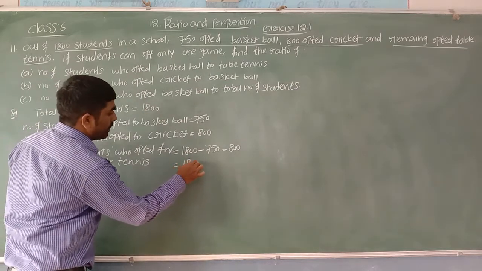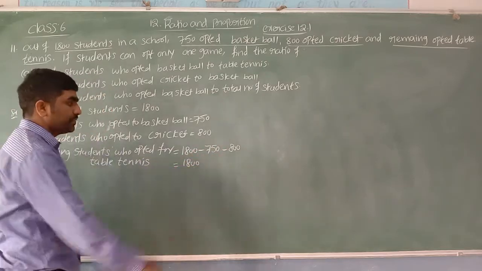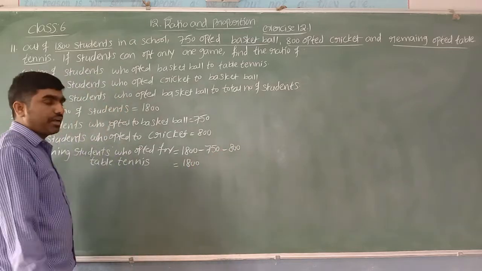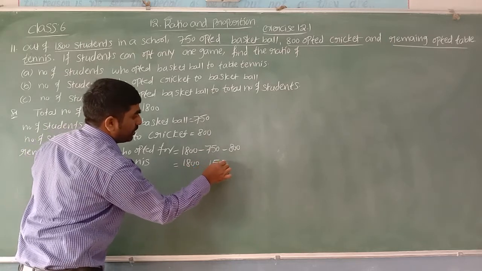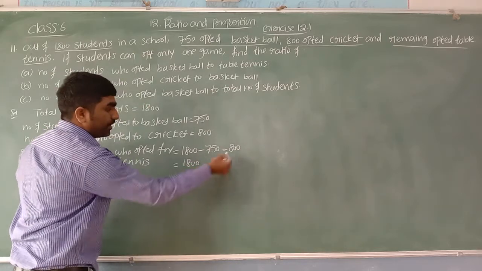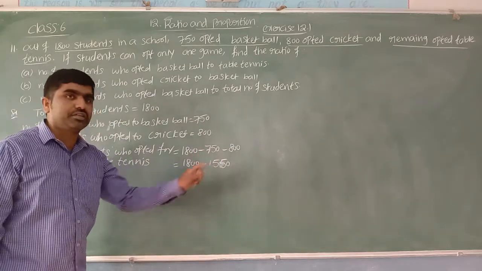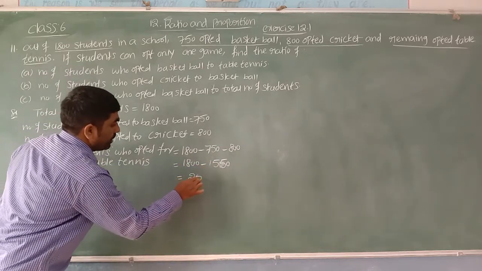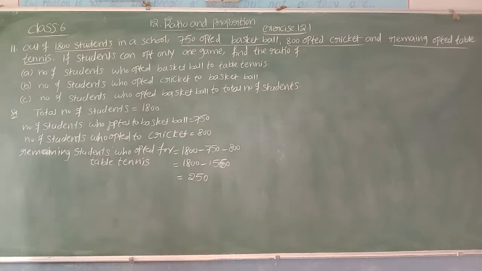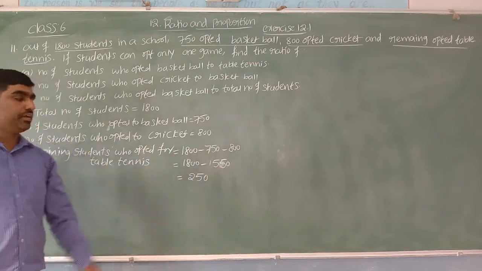You can see 1800. We learned that with the minus symbol, first add. 750 plus 800, 800 plus 700 is 1500, plus 50 is 1550. Write the bigger number before the symbol. Now subtract 1800 minus 1550. 1800 minus 1500 is 300. From 300 subtract 50, which gives 250. Now 250 students opted for table tennis. You can check here, 1550 plus 200 is 1750, plus 50 is 1800.